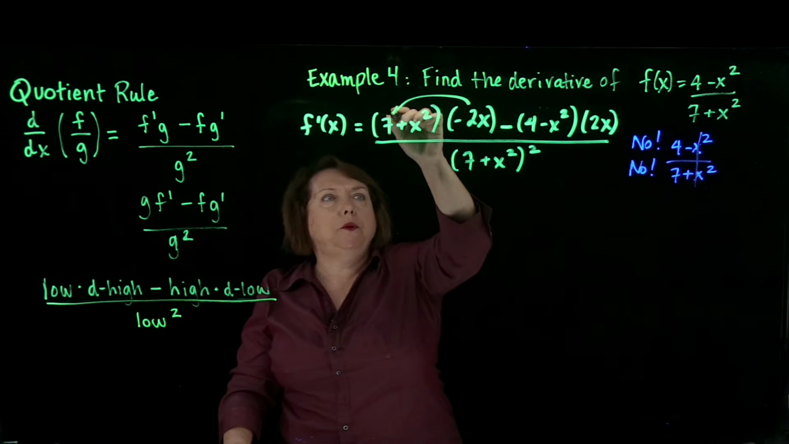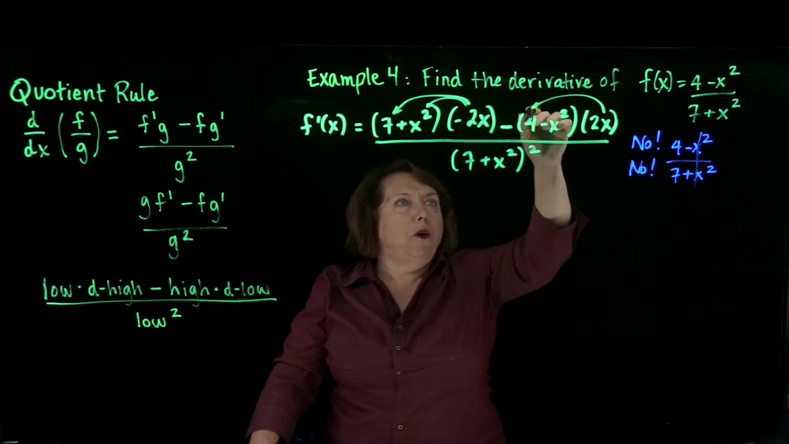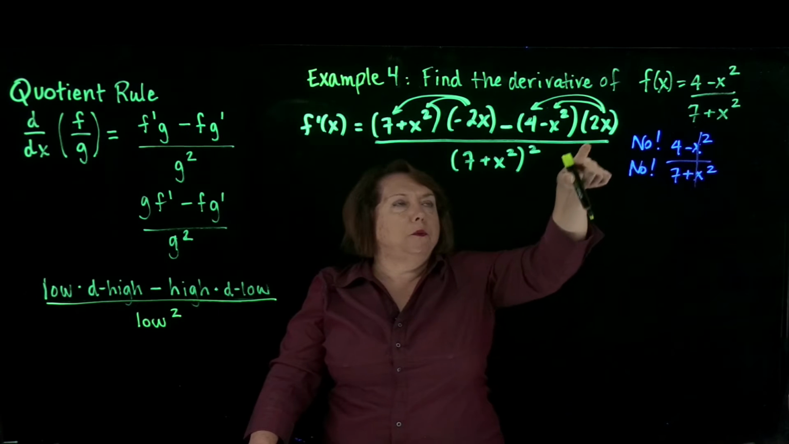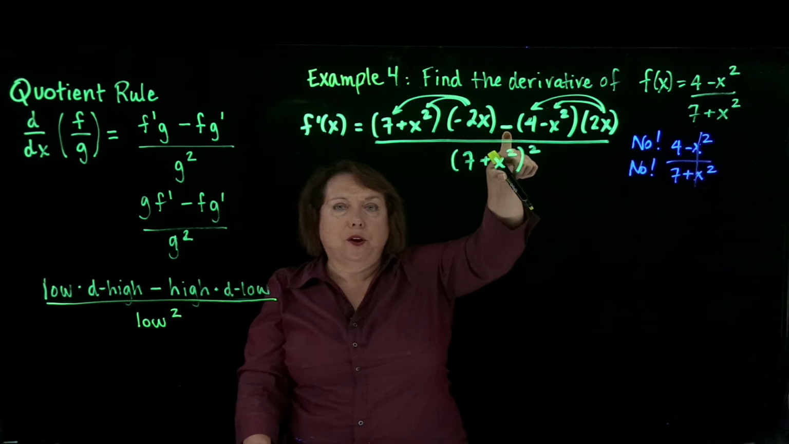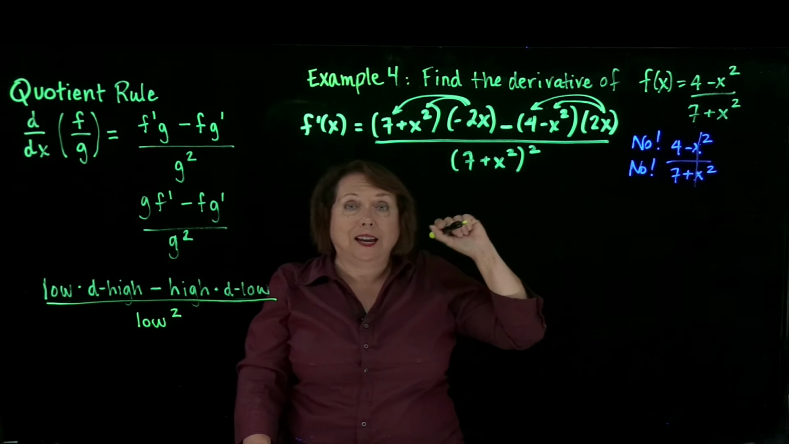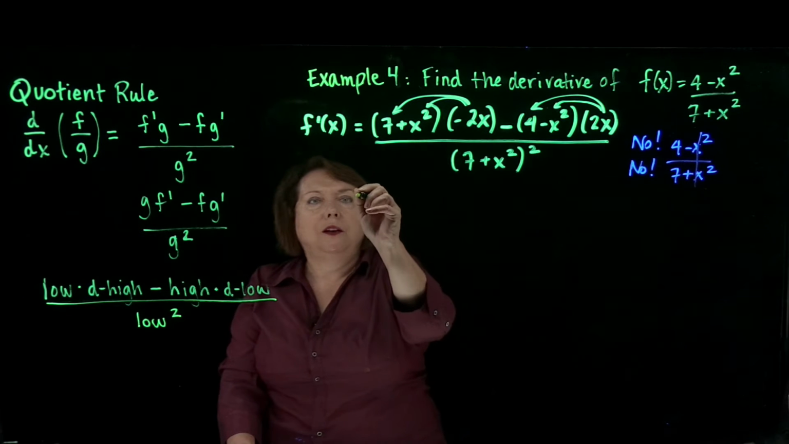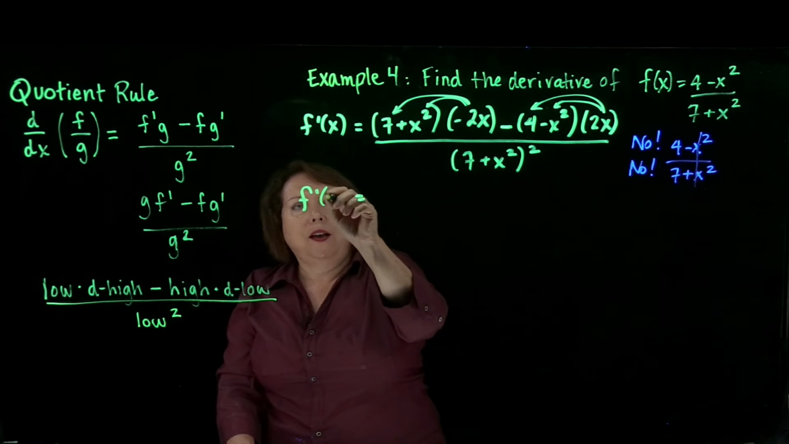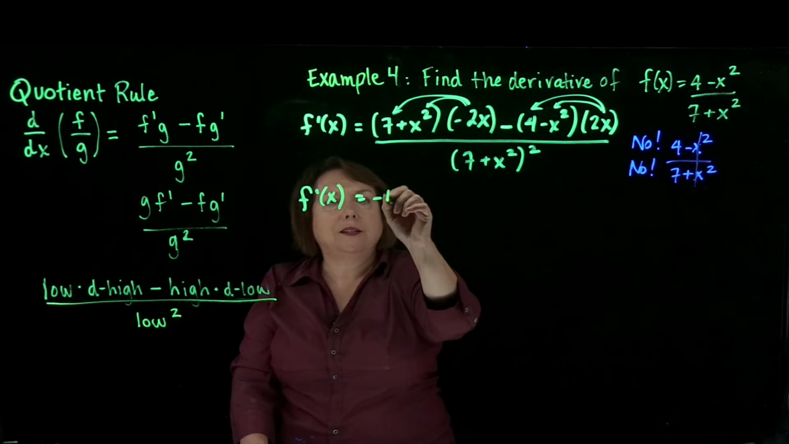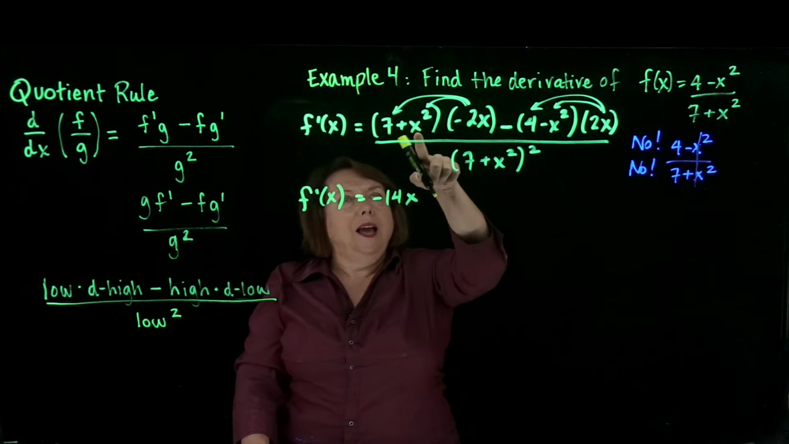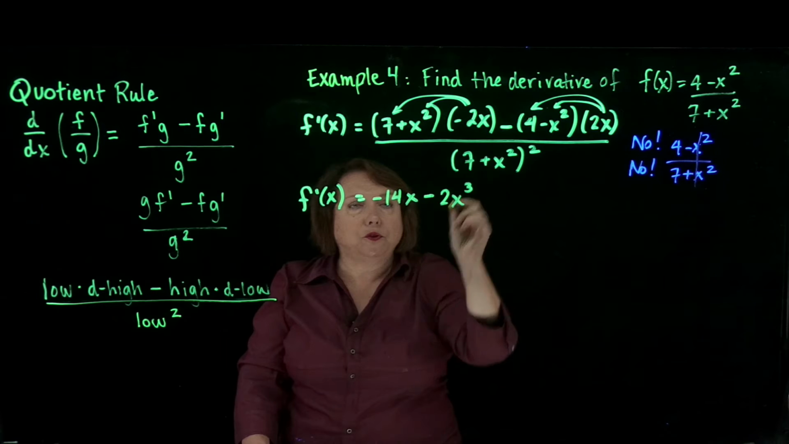So we need to distribute this negative 2x to both terms, and in the second part of this numerator, we need to distribute that positive 2x to both terms, keeping in mind that we have a subtraction here. So that negative sign is going to have to be distributed. But let's take it step by step. So f prime of x is equal to, 7 times negative 2x, negative 14x, and then x squared times negative 2x, minus 2x cubed, or to the third power,